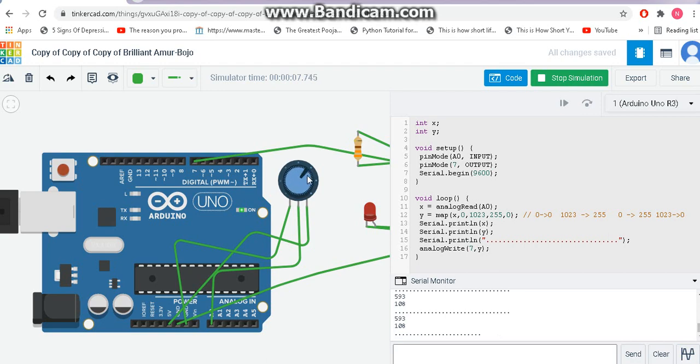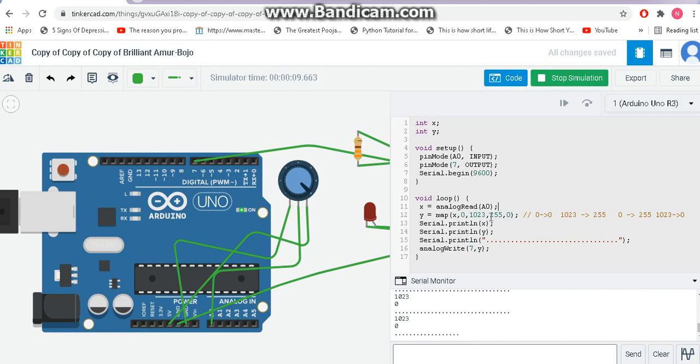The LED is going to be totally off now. See, the LED is going off, totally off now. Why is it off? Because the output value is low. Even the output value is 0 when the input value is at the maximum. See, the input value is 1023, the output value is 0, and the LED is off. So this is the reverse scenario we can do. The only thing you have to do is play around with the map function. That's all, nothing else. Very simple.